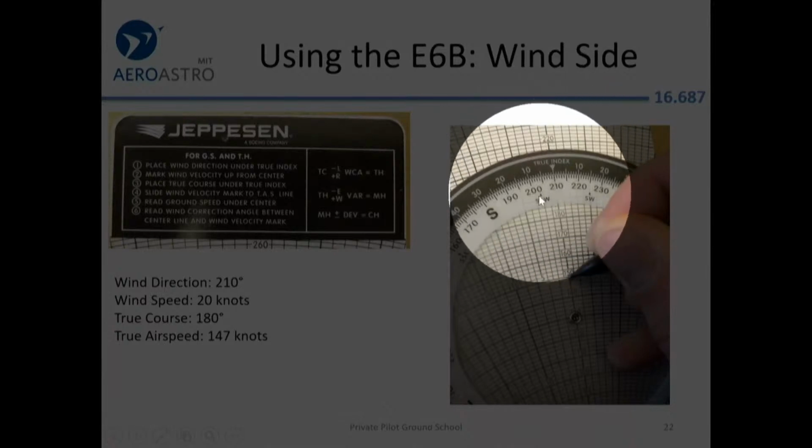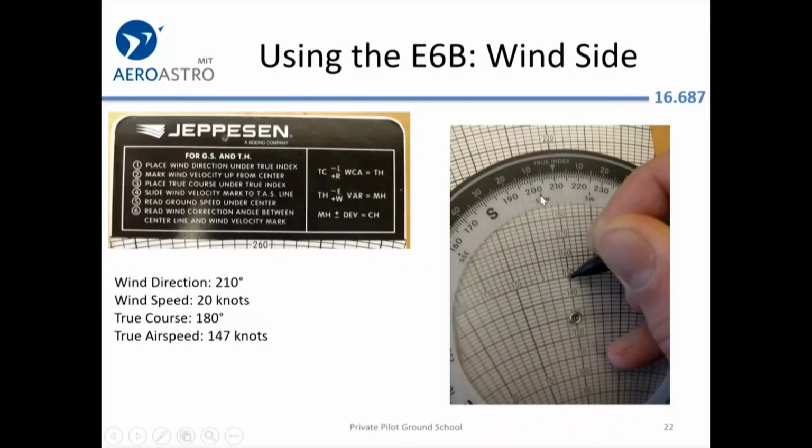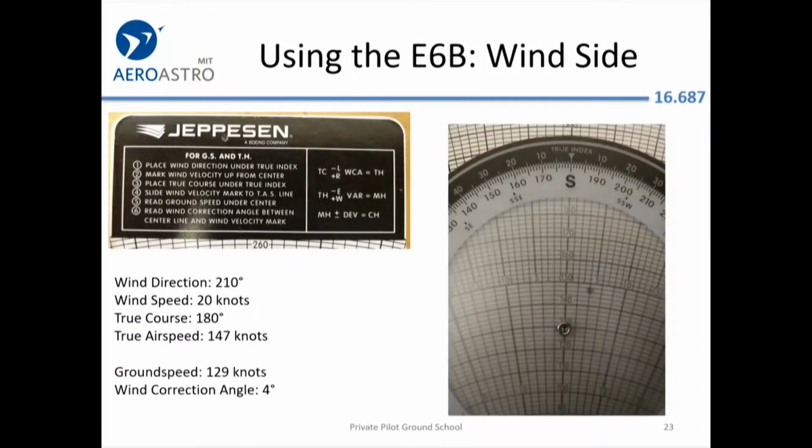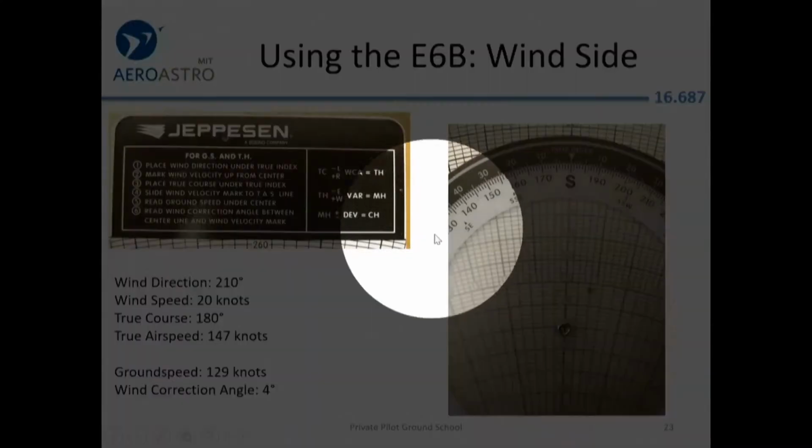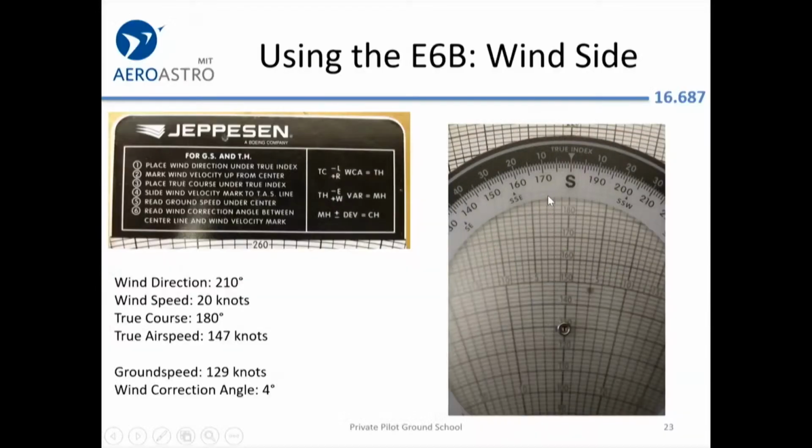set up to 210. It says wind direction under true index. Then we marked the velocity. Then we twisted it a little bit. So now we've got an index of south, and we can read that our ground speed